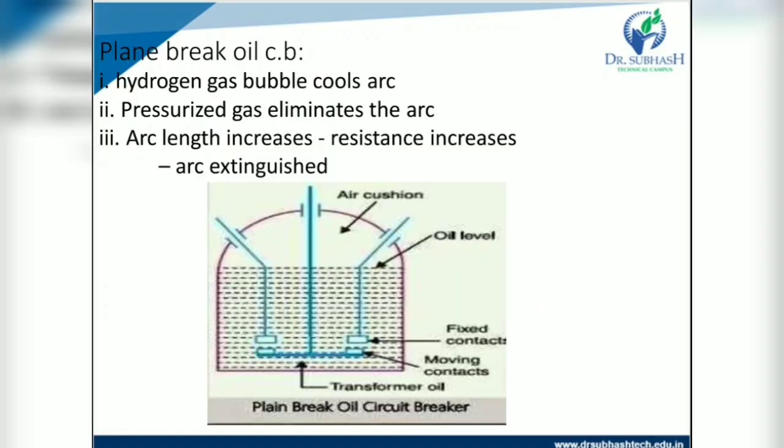Now the oil circuit breaker is such a type of circuit breaker which uses oil as a dielectric or insulating material for arc extinction. In oil circuit breaker, the contacts of the breaker are made to separate within an insulating oil. When a fault occurs in the system, the contacts of the circuit breaker open under the insulating oil, and an arc is developed between them, and the heat of the arc evaporates the surrounding oil.